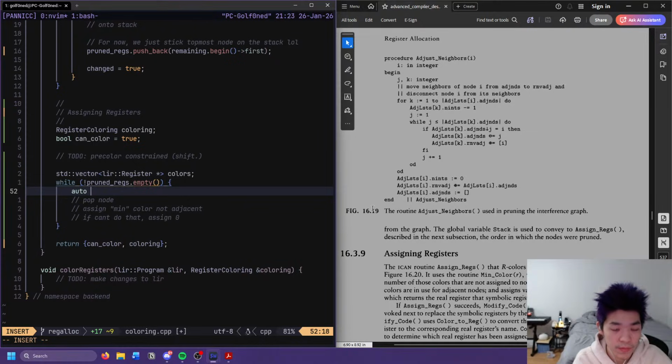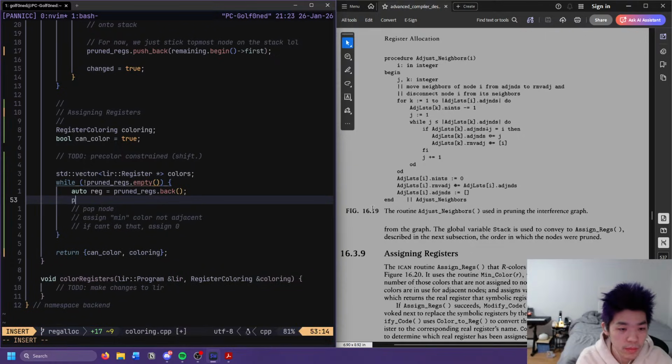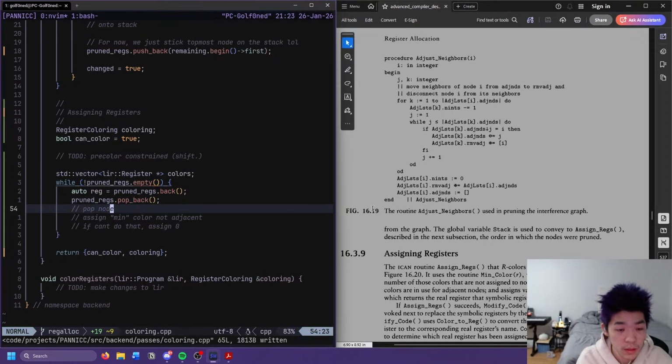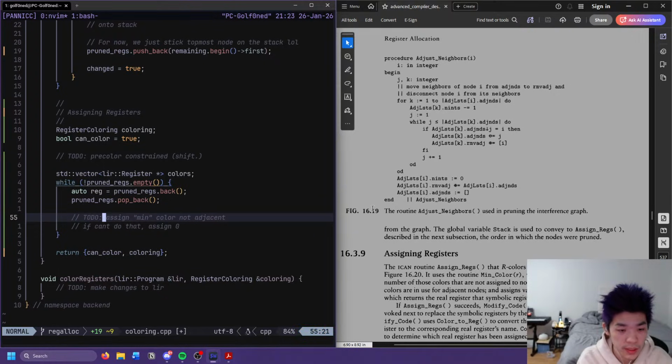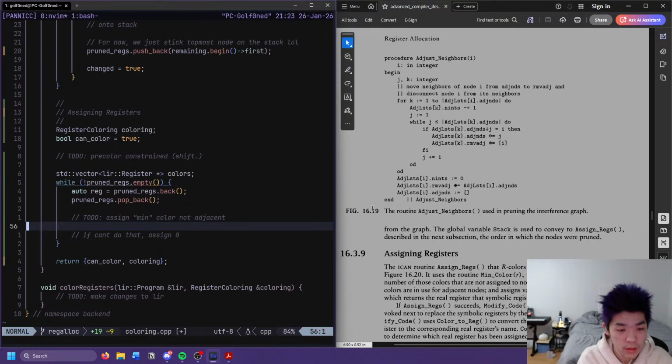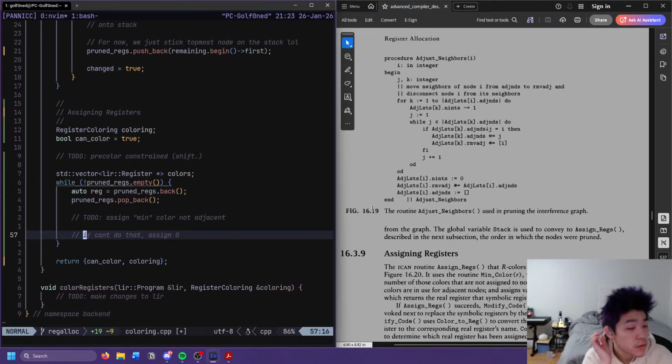I guess reg equals, we want pruned regs back, and pruned regs pop back. We can do this real quick. Yeah, this sucks. This really sucks.